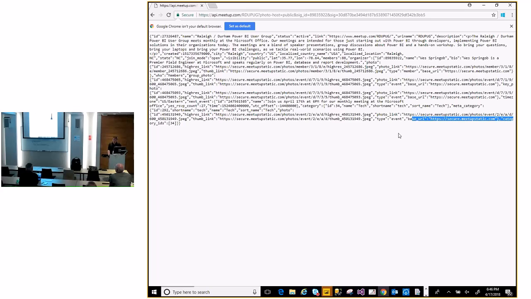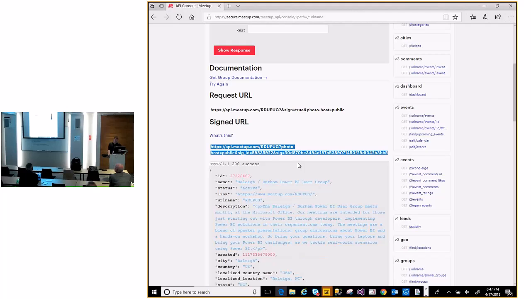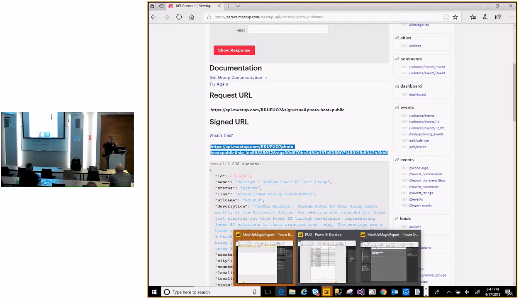But there's some limitations to that. And I found those out very quickly. First of all, I can't adjust any one of these parameters. That signed key only allows me to adjust one value, and that is the offset value. So API requests at Meetup and most organizations are limited.